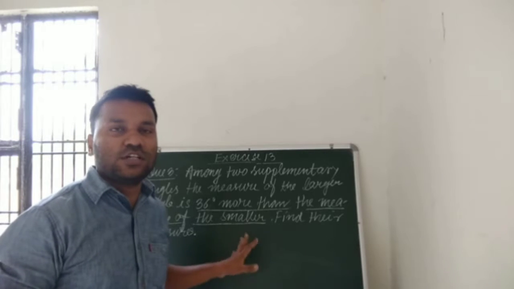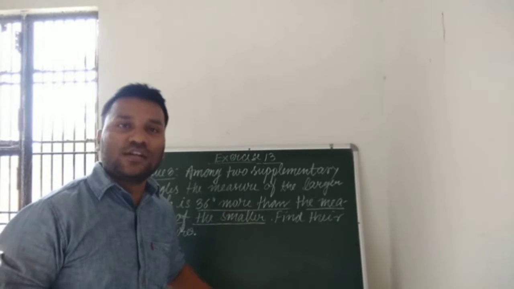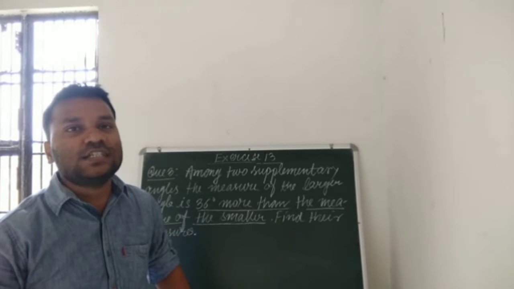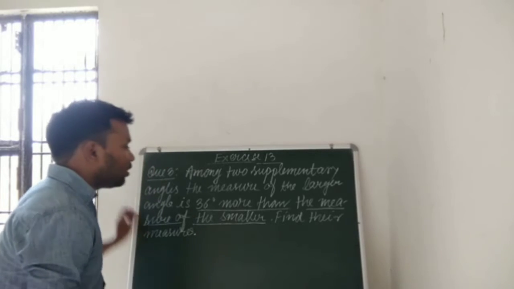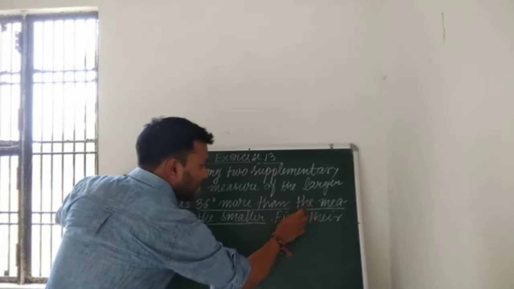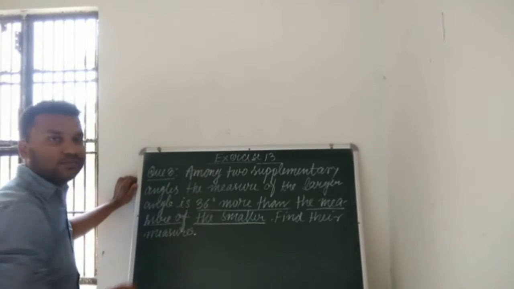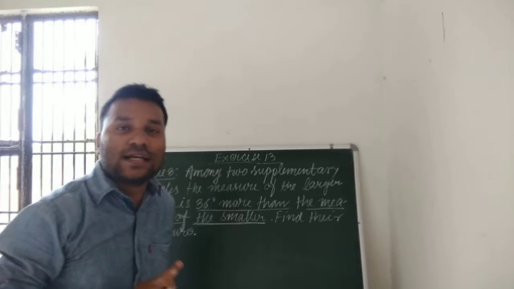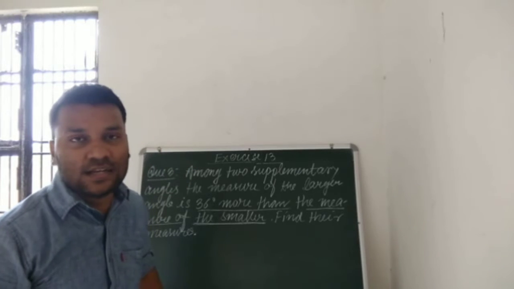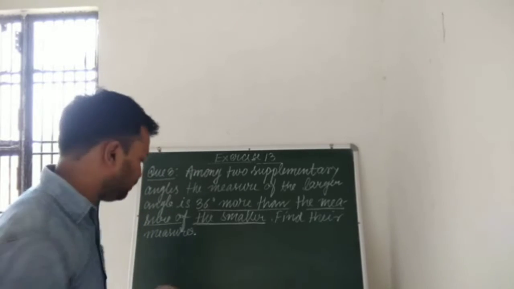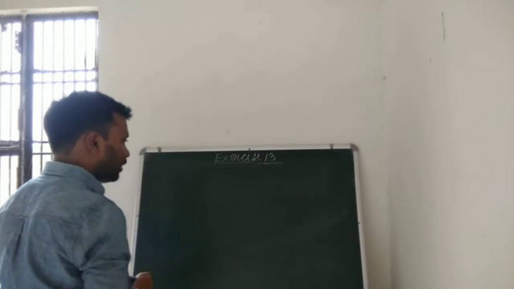Students, in such word problems where we have terms like more than or less than, we always try to consider the quantity or the term which comes after more than. You can see here, after more than, we have the quantity, the measure of the smaller, that is the smaller angle. So we should consider first the smaller angle. So we'll take the smaller angle as any variable like x. So we will write our solution like this.